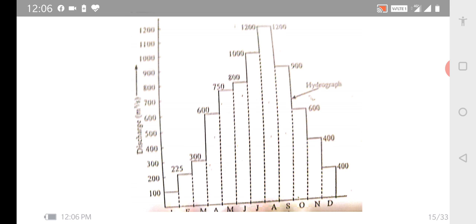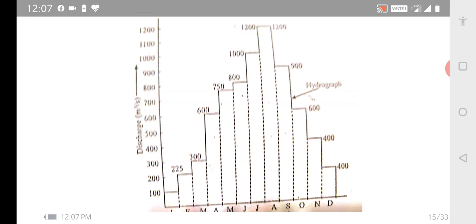So you have a rising limb. The rising limb of the hydrograph is also known as the concentration curve. It reflects a prolonged increase in the discharge from the catchment area, typically in response to the rainfall. So during rains you can see the hydrograph increases, the concentration curve increases due to the increased water in the catchment area, and that is the rising limb.